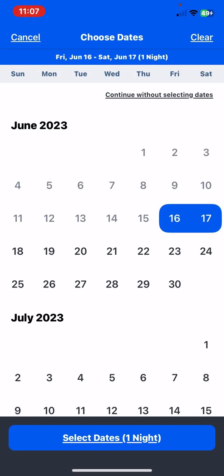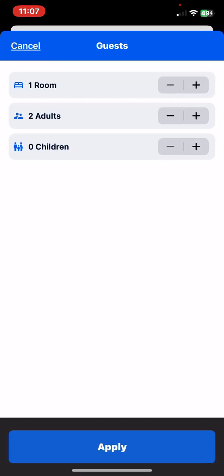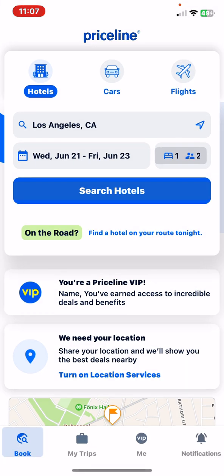And then the check-in and the checkout date. And lastly, the number of rooms and adults or children staying with you. And then just click on the search hotel button,